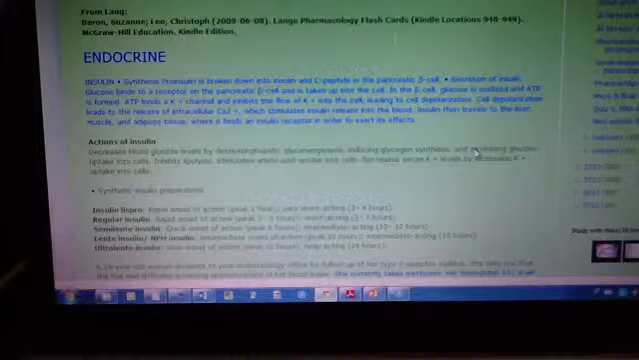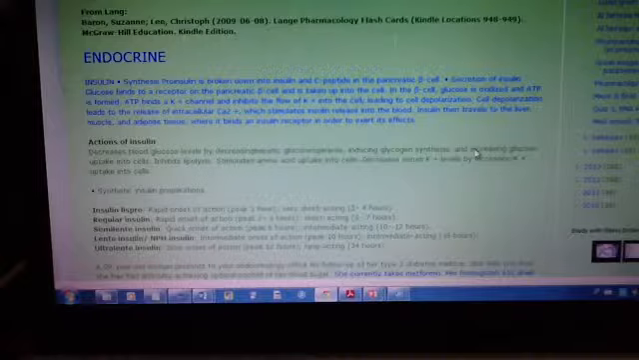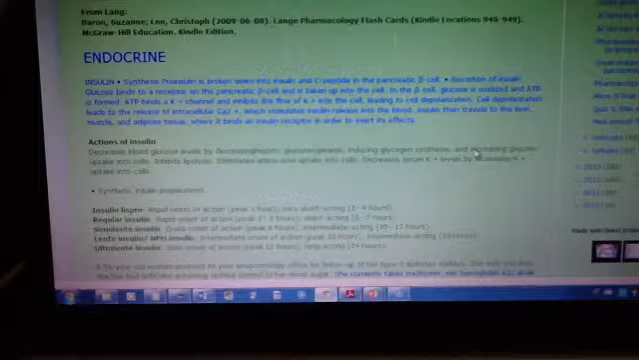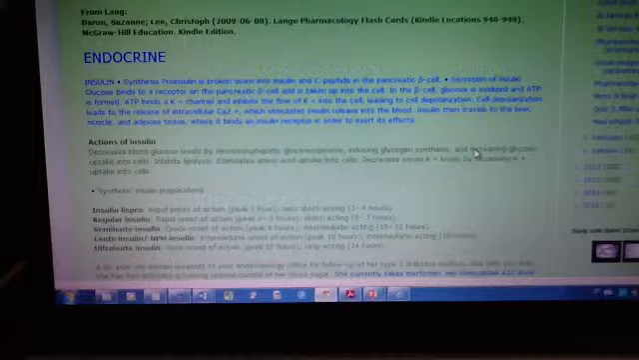I'm reading them just to familiarize myself with them, so they may stick in my brain. Okay, synthesis. Proinsulin is broken down into insulin and C-peptide in the pancreatic beta cell. And remember that the beta cells secrete insulin, and the alpha cells